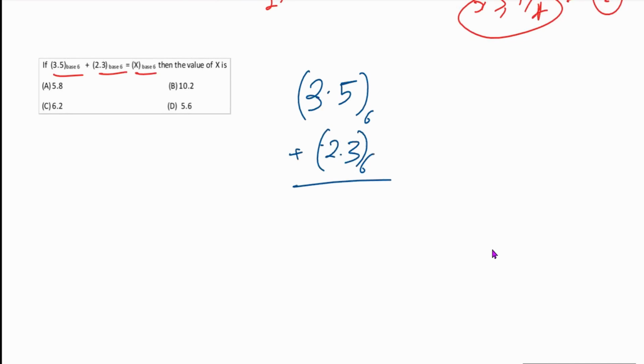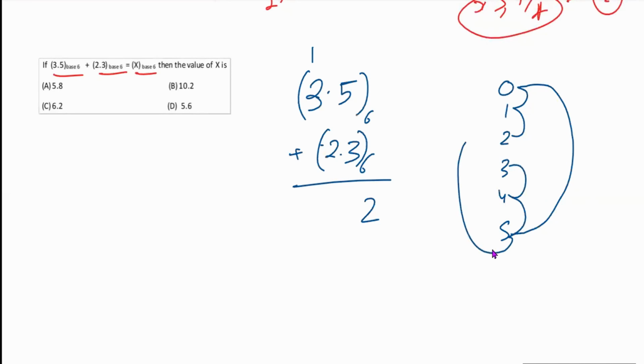You know that base 6 means your digits are 0, 1, 2, 3, 4, 5, which are your 6 numbers. If I'm adding 5 with 3, that is 5 plus 3, counting 1, 2, and 3, so this is my 2 and 1 is my carry. Then I need to add 3 plus 2, counting 3, 1, 2, and then the 1 carry, so I end up at 0 and again a carry of 1. That carry is this. The decimal place stays as it is, and this is my addition. So 10.2 is my answer.